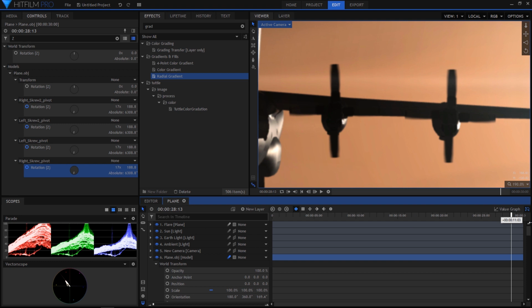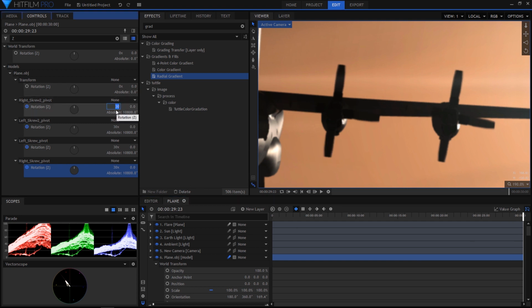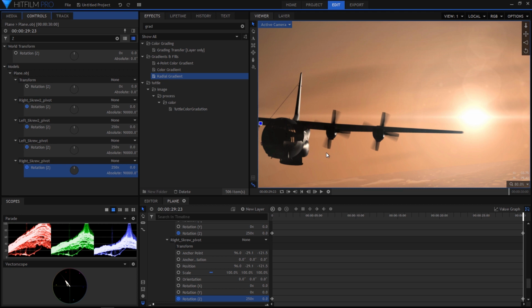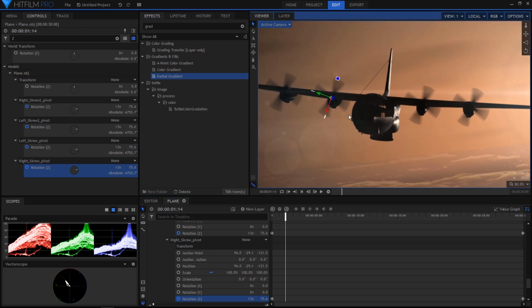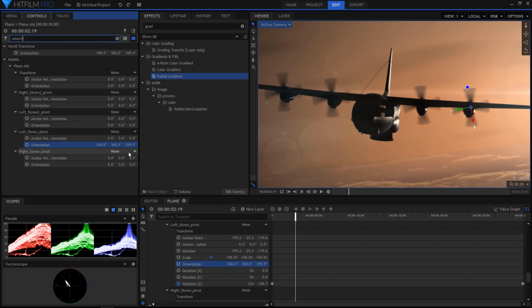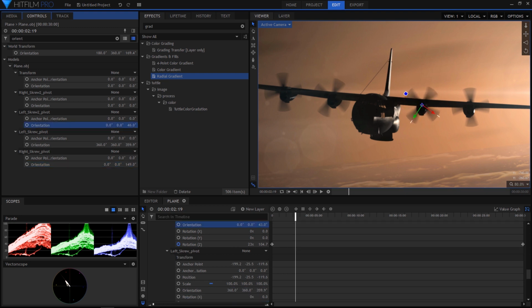Alright, this is not fast enough yet, so let's put in an even higher number, maybe let's do 250. Let's see how this looks. Yeah, this is better. We can also search for orientation to get some more variety into the propellers themselves by having them spin in a different position.